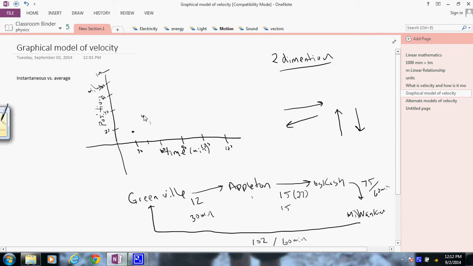Now you notice first that our slope is starting to pick up a little bit. The slope represents the y-axis divided by the x-axis. So the slope, or the derivative, is equal to y over x. And you can say even the change in y over the change in x. And that's our slope. So next, we're going to go the 75 miles, which is going to put us right